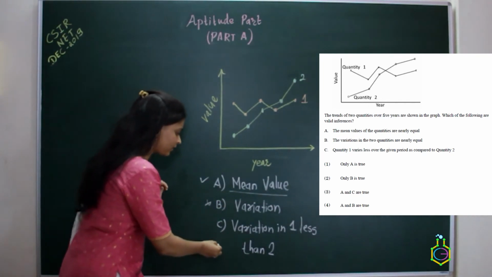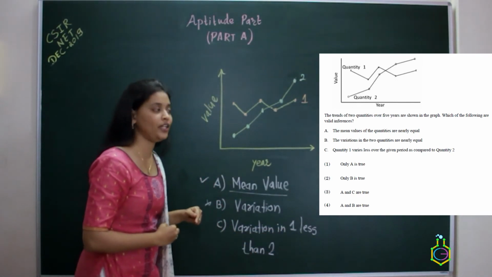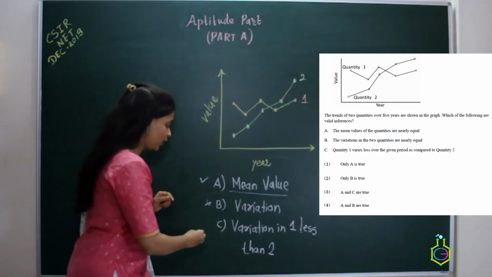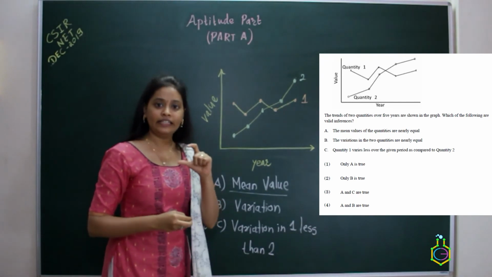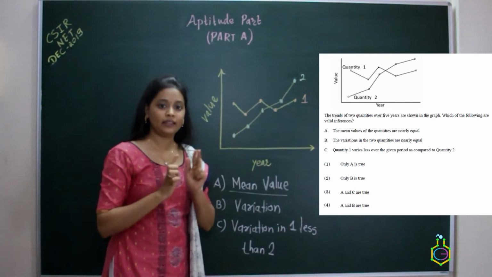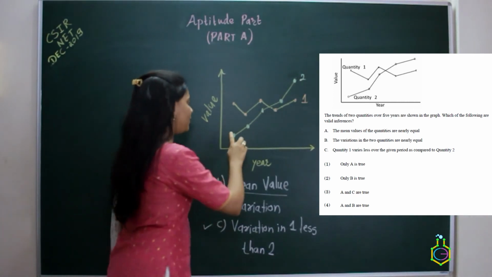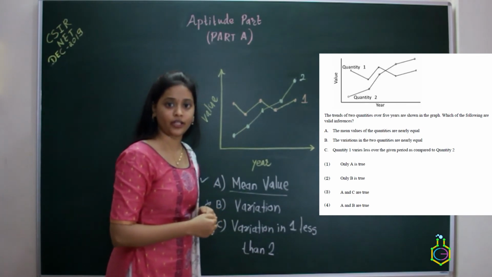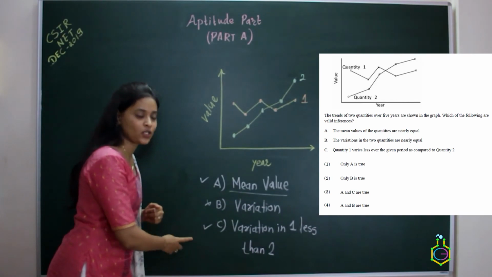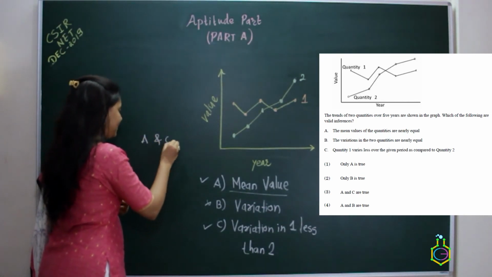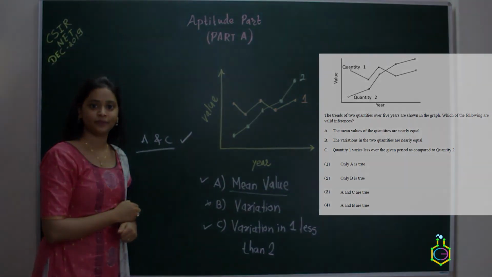not true. The third one is: the variation in the first quantity is less as compared to the variation in the second quantity, which is true, because here the variation is in a very small interval. The period for the variation of the first quantity is very short as compared to the variation for the second quantity. That's why this is true. So, by observing all the inferences, we can say that inferences A and C are valid. So this is our answer.